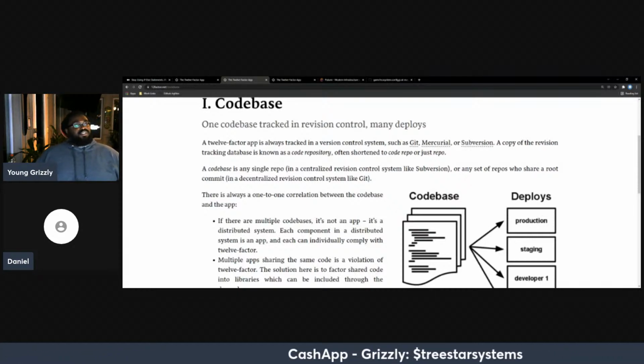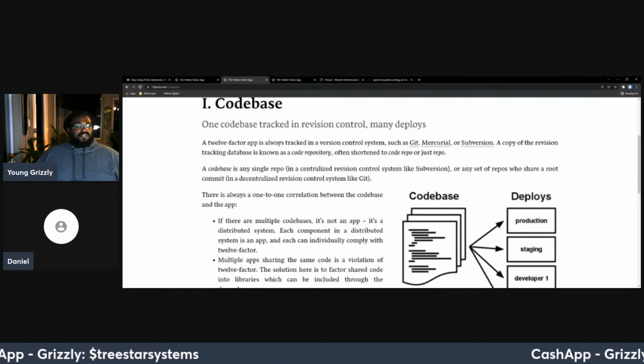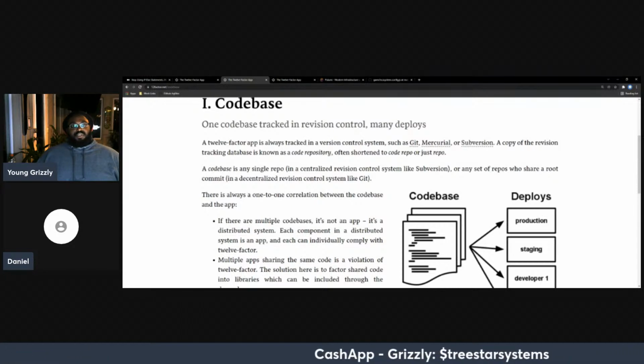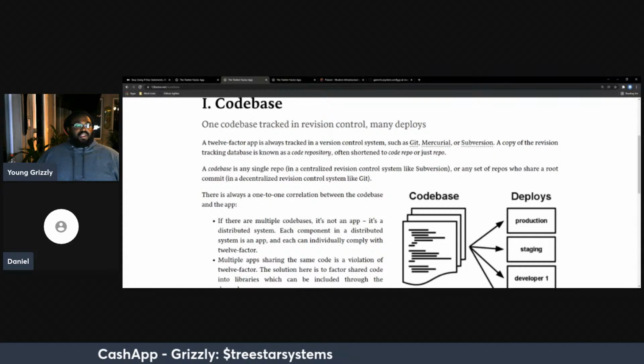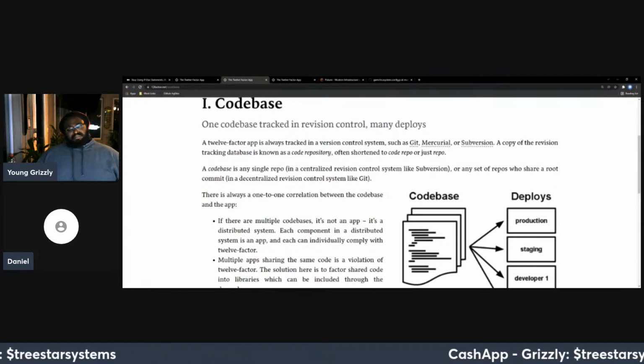All right. So one: code base tracked in version control, many deploys. A 12-factor app is always tracked in a version control system such as Git, Mercurial, or Subversion. A copy of the revision tracking database is known as a code repository, often shortened to code repo or just repo.